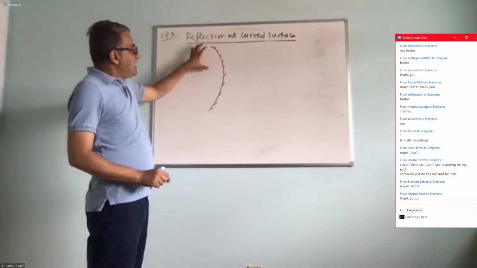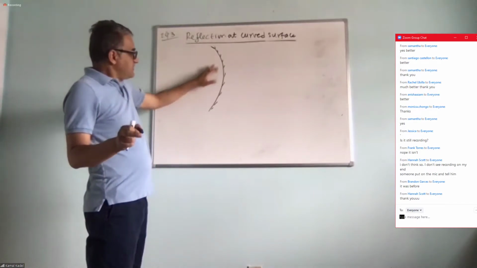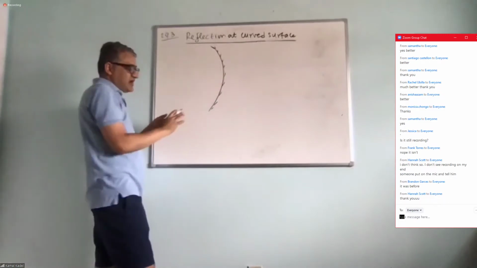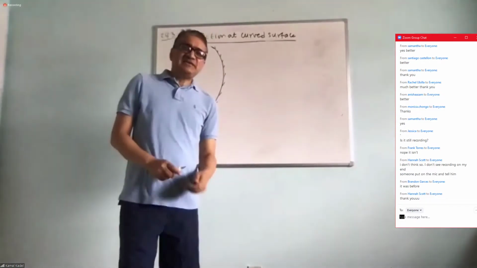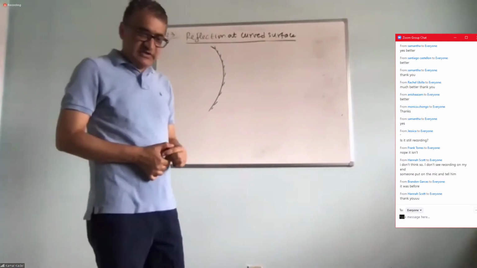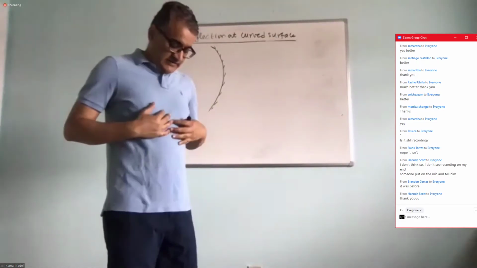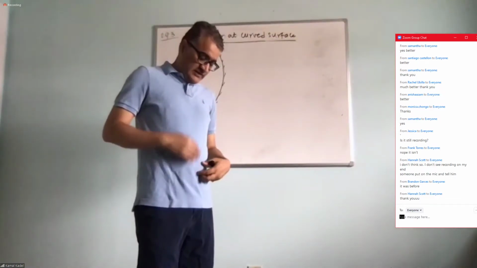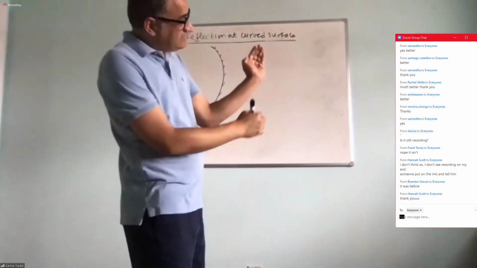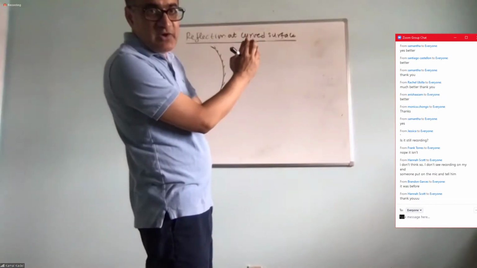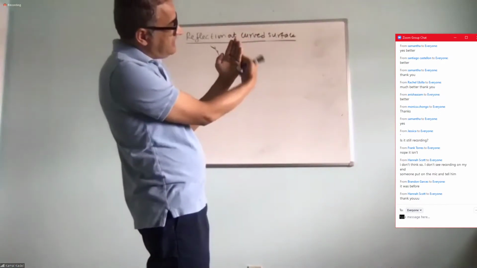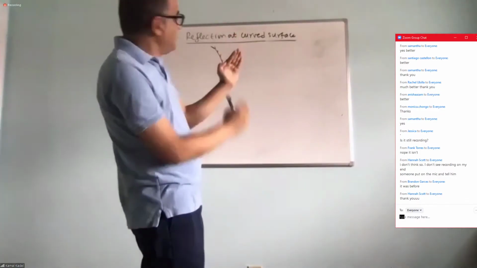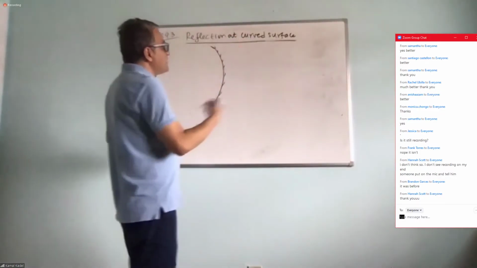Good. Now there are two types of surfaces. One is this. That means the polished surface is up, right? I still remember that my high school teacher used to say it like this. So this is curved upward. But if I show this, if you see the cup here, right? This is the polished surface. The curved surface here is the reflecting surface. This is this type. And the other one is like this,